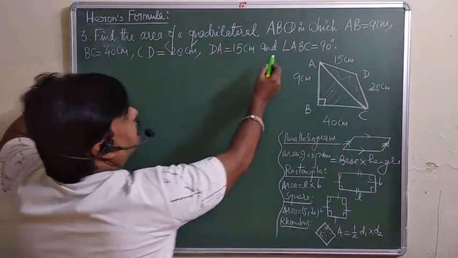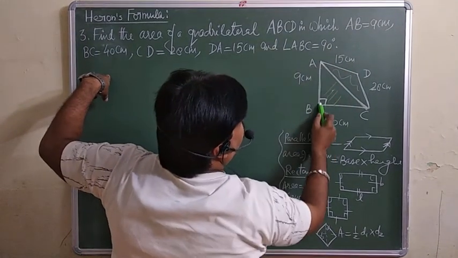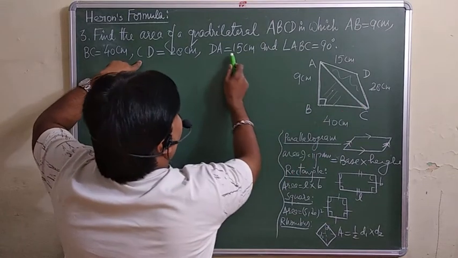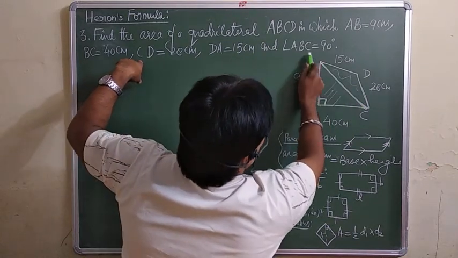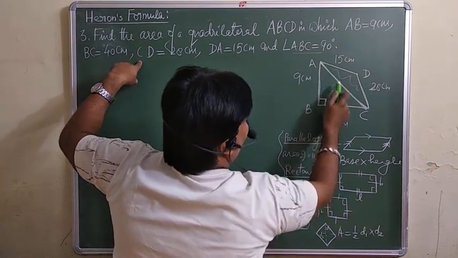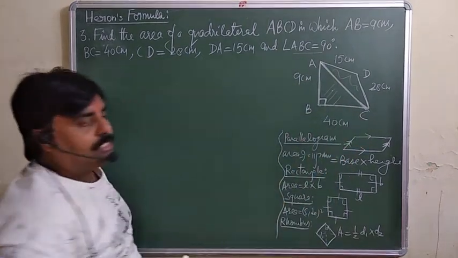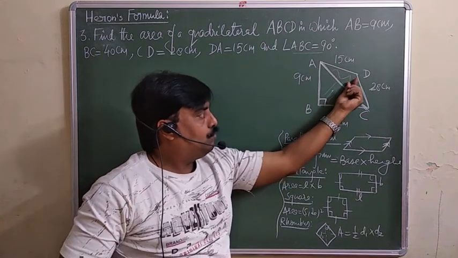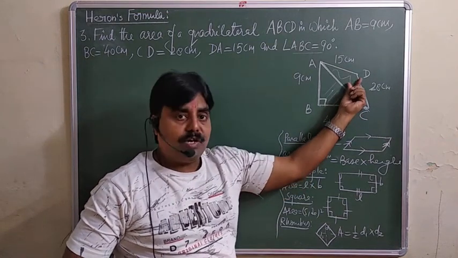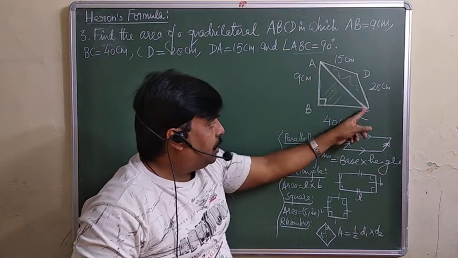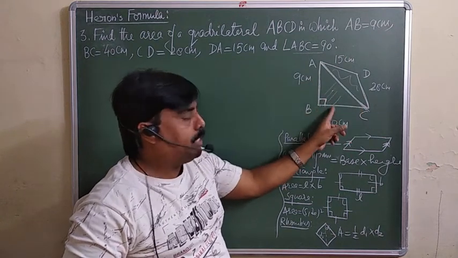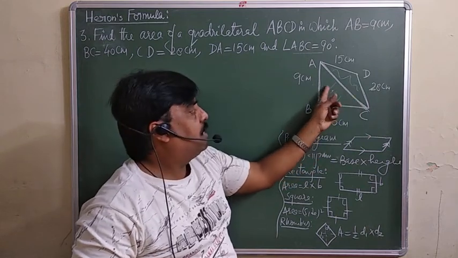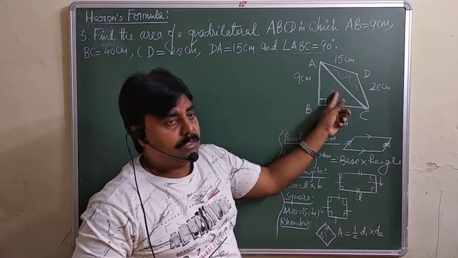So the information is given, ABCD is a quadrilateral, AB is given 9, BC is 40, CD is 28 and DA is 15. And this angle B is given 90. So you are supposed to calculate this AC first by Pythagoras. And if we know this, you will get the two different triangles. You can calculate the area of this triangle ABC, right angle triangle. So 1/2 base into height you can do. But for the other triangle you need this AC. But this AC we can calculate with the help of this triangle only.